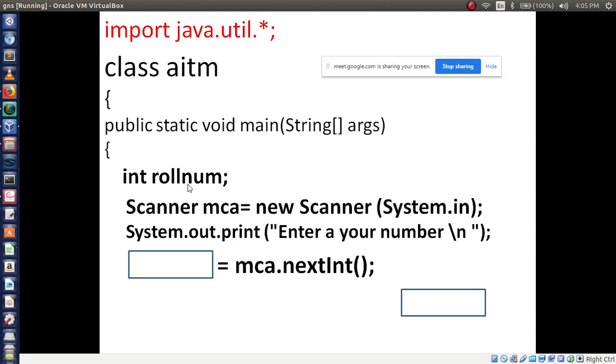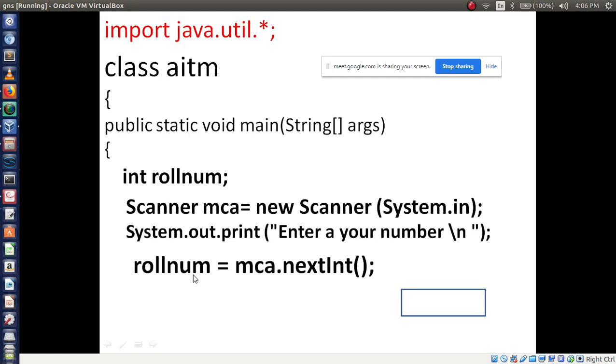Roll number. In the roll number variable it has to be stored. From your keyboard you will type the number 1 2 3. That number should be accepted and stored in the defined variable. You have defined the variable roll number, so here you have to store that roll number. Now I am printing it back.